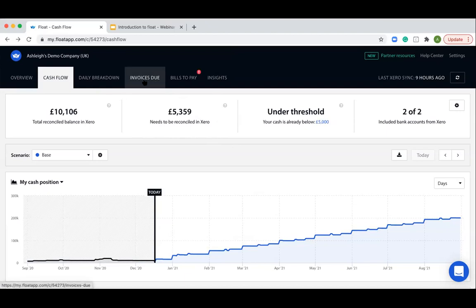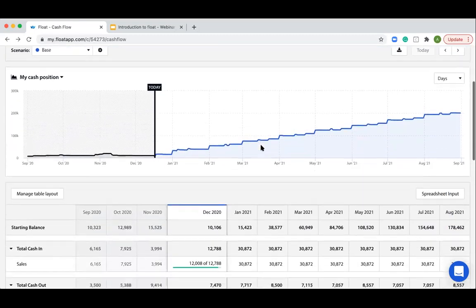Next thing to do is check your invoices and your bills to pay tab to make sure that they're as up to date and accurate as you can be. I would, first of all, when you're setting up, definitely check your bank accounts and which ones you have included. Depending on your credit cards and your savings account, you might want to toggle those off. And if we scroll down,